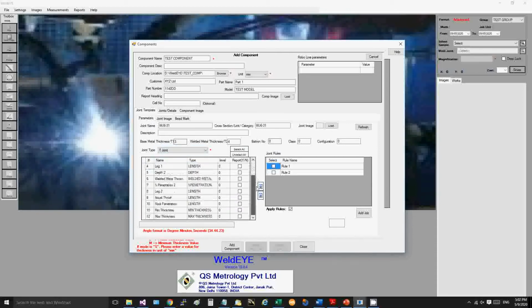Now automatically all the parameters that I have set come. Here again, if you don't want everything to be in the measurement process, you can select whatever you want, or you can click on select all. You have created 2 rules, rule 1 and rule 2. Both rules you want to be applicable for part of this. And you can also define a joint